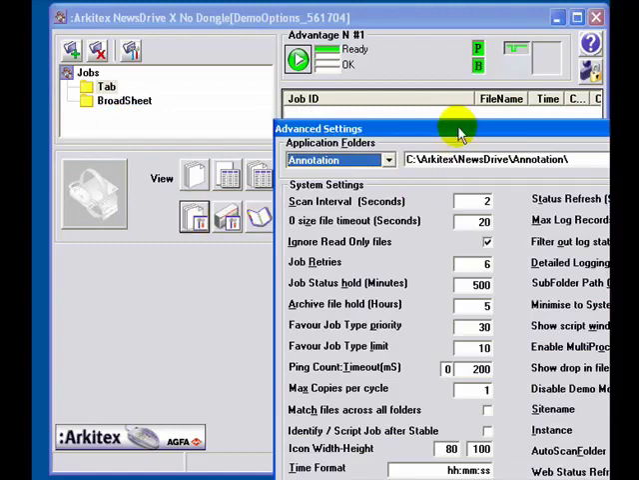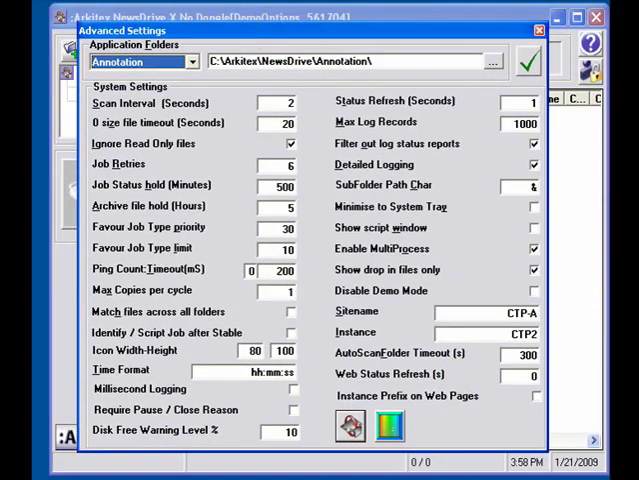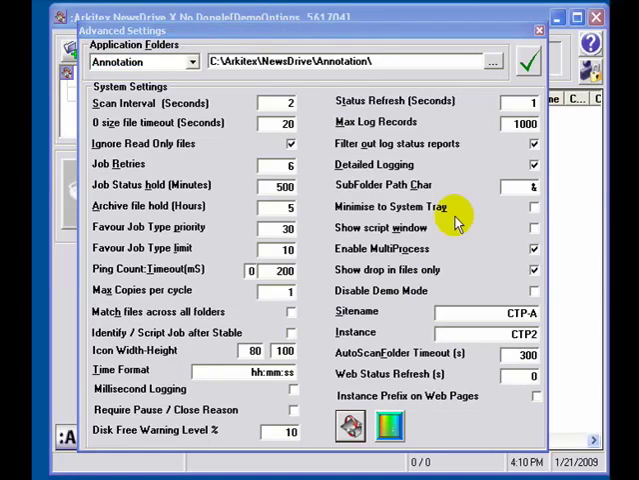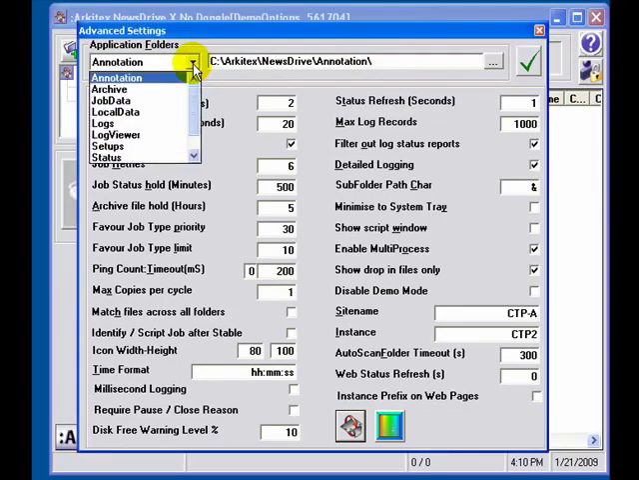Here's the System Setting window. As you can see, there are numerous controls and parameters accessible in this space. Let's look at a few of them. At the top in the area labeled Application Folders, the pull-down list provides selection of the data paths used by the NewsDrive application. When it was installed, NewsDrive created a subfolder in the main application path that corresponds to each